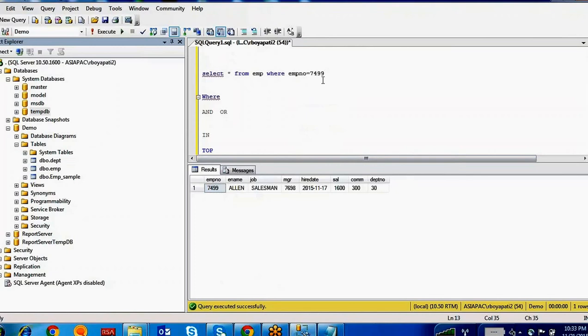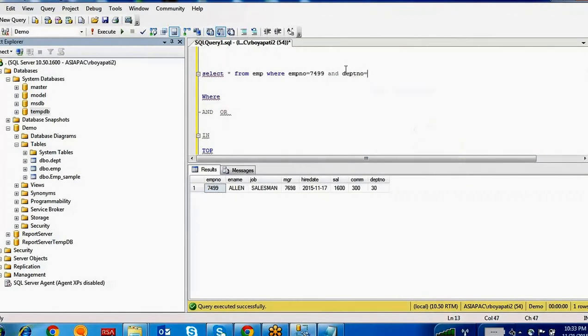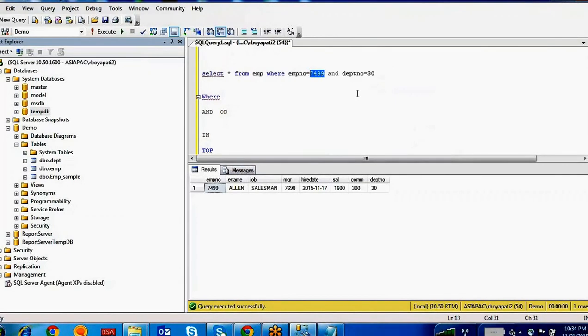Right. If you want to add one more condition, and the employee's department number should be 30. See, the employee number should be 7499, and his department number should be 30. The department number is 30.